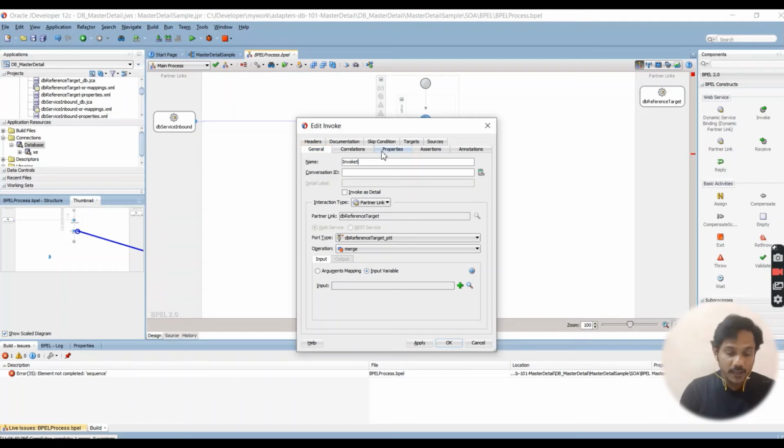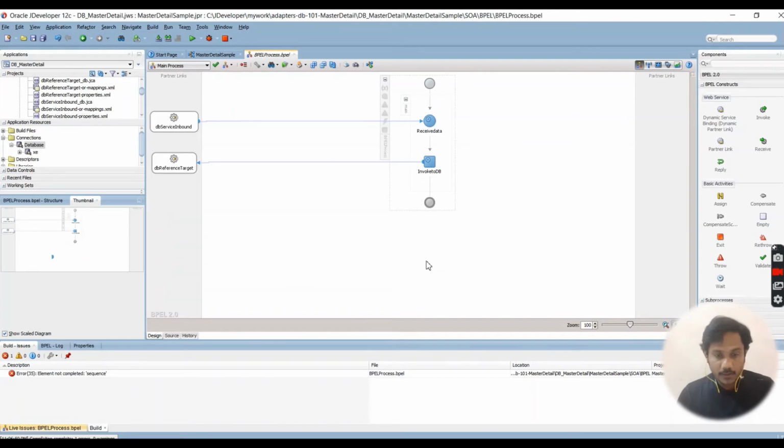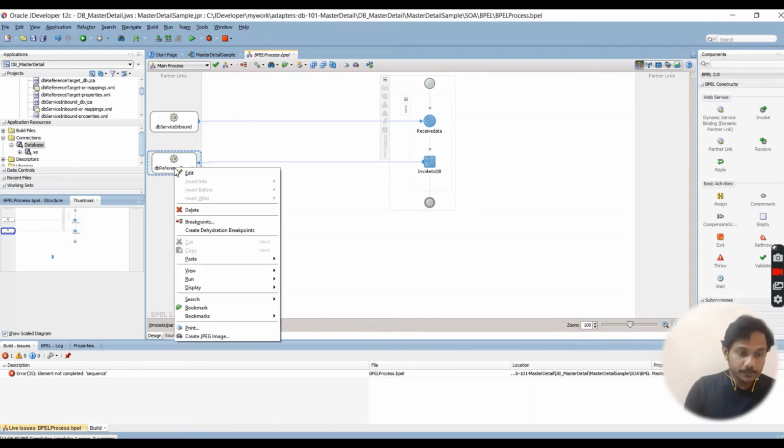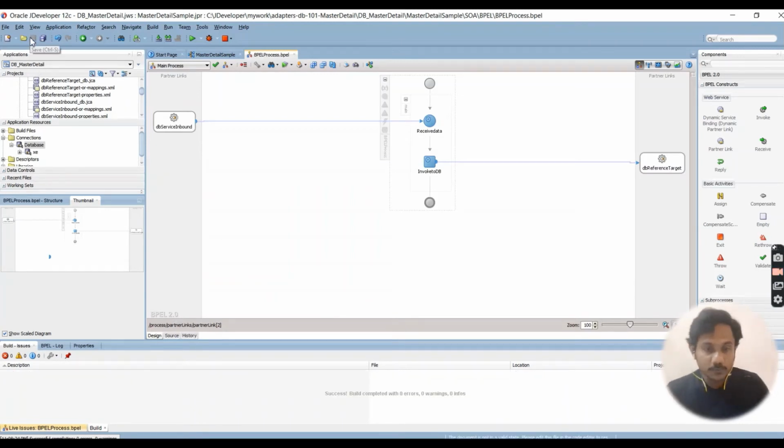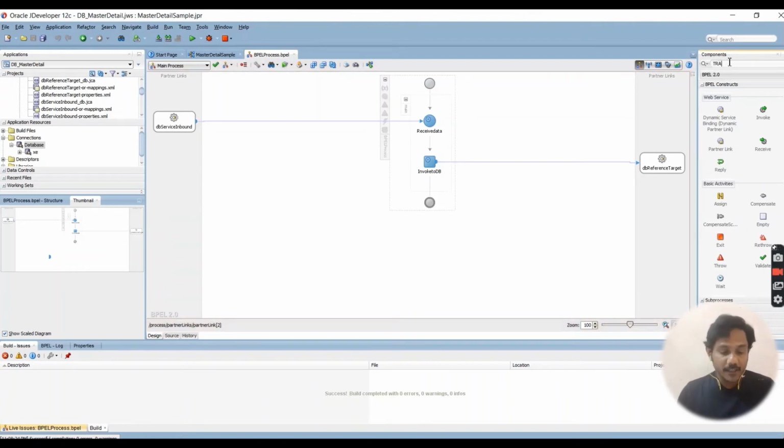Give the name invoke to DB. Click OK. Save.